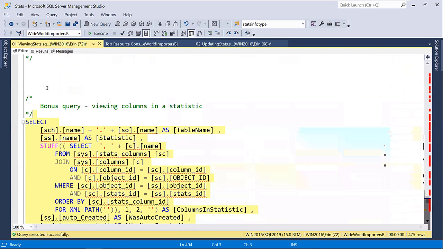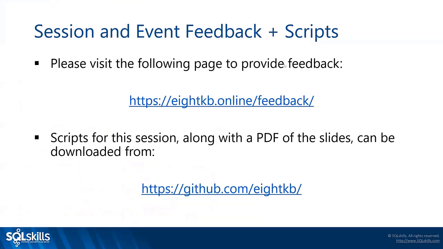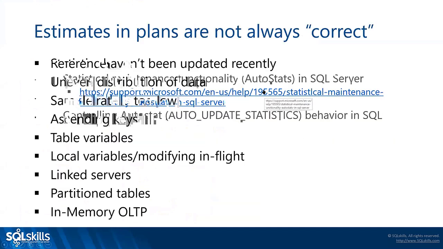Okay. Let's see. With the auto update statistics option, does it update stats with or without the full scan option? And if it updates without, how can I force the update with full scan? So it's going to update just with the default. If you want it to do a full scan, then you want to use that persist sample percent option, right